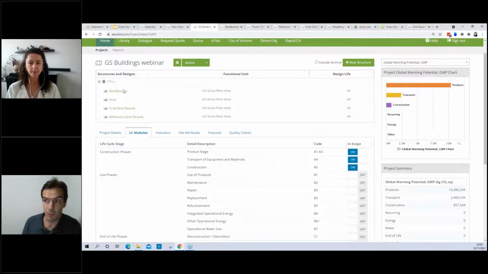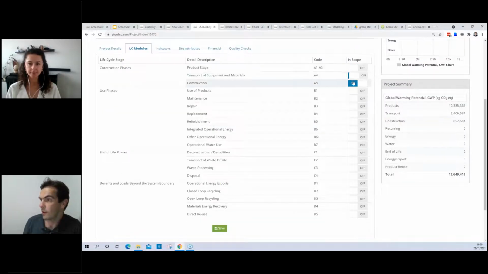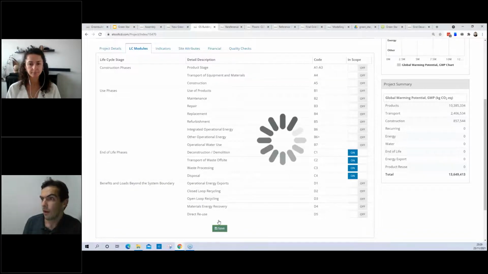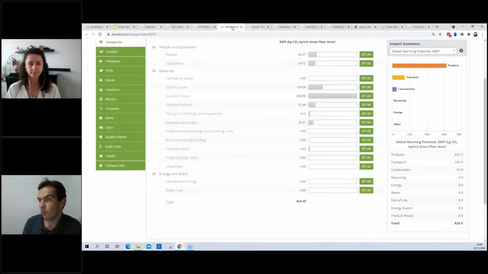So I use the same example, but don't get confused, right? Just to show you how you can segment and have a reference figure. So we'll just turn the end of life stages on here, and we'll go back to my reference model